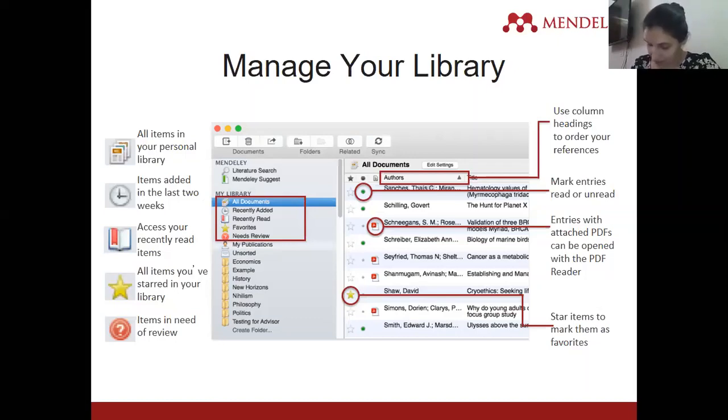The green button is for reading, then PDF, which will be an exercise now, and the star. The yellow star means this is my favorite. Now, why do we have a favorite in Mendeley? For example, there's one paper where I have a standard scale, and the items are written in this one paper. Suppose there is a paper on attitude and its effect on intention, and I have an attitude scale taken from, say, author David Shaw. David Shaw is the author from whom I have taken items or statements of purchase intention. Now what do I do? I mark it with a yellow star. What is a yellow star? It is a special item or favorite item in my library.